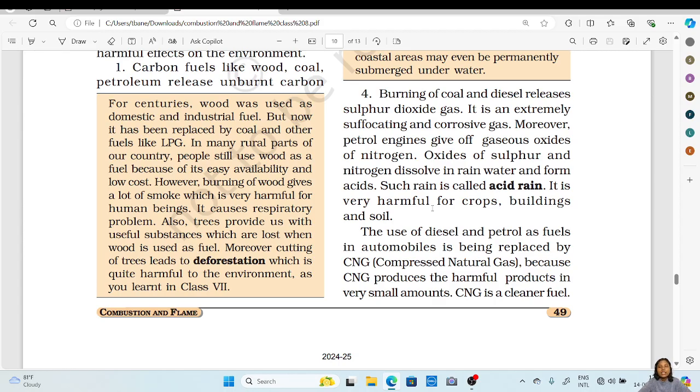Now when these oxides of sulfur and nitrogen dissolve in rain, they produce something called acid rain. These acid rains are very dangerous because they have a mixture of two very dangerous gases. One is the sulfur dioxide gas and the second is the nitrous oxide gas. So when these two combine with the rain, they produce acid rain, and that is very harmful for crops, buildings